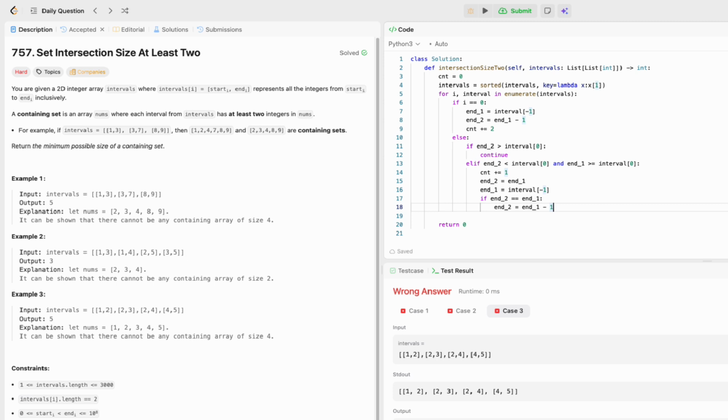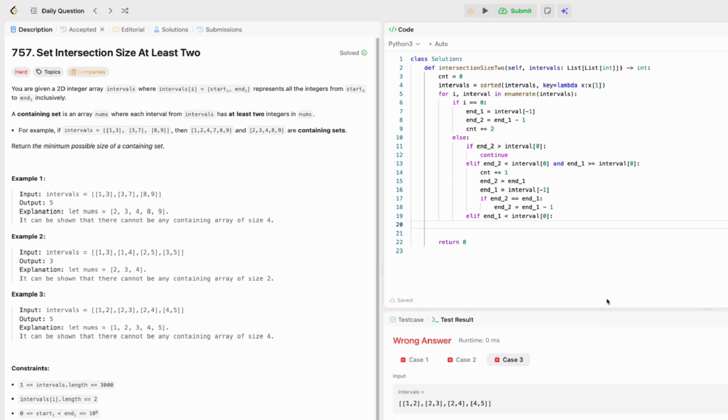Okay, yeah, that is very tricky in this step, and this step made me fail a test case as well. So yeah, and then the last case, if the n1 is smaller than the interval 0, of course you can use the else in here, but for me I just want to explain the code, so that's why I use a condition